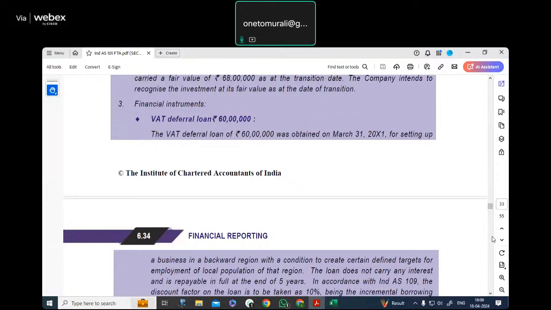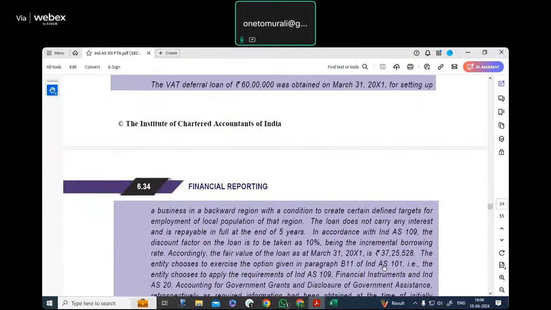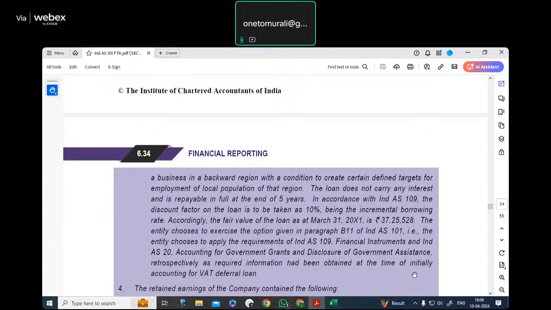The VAT deferral loan of 60 lakhs was obtained on 31st of March X1 for setting up of a business in a backward region, with a condition to create certain defined targets for employment of local people of that region. The loan does not carry any interest and is repayable in full at the end of 5 years. In accordance with Ind AS 109, the discount factor on the loan is to be taken at 10%, being the incremental borrowing rate. Accordingly, the fair value of the loan as on 31st of March X1 is 37 lakhs